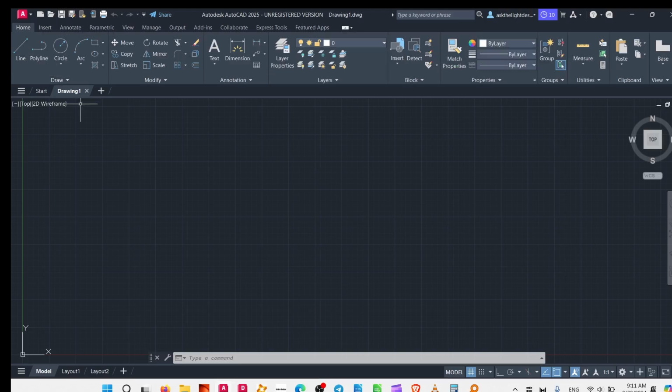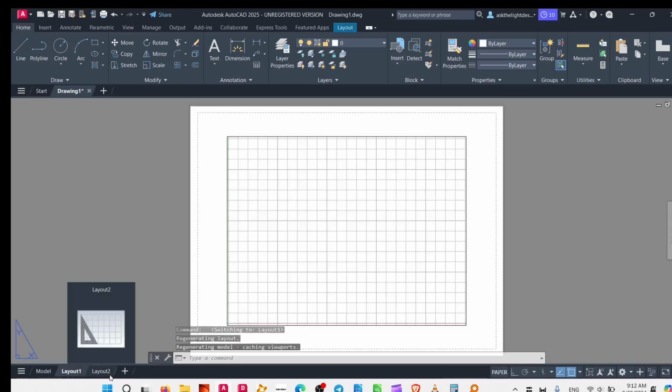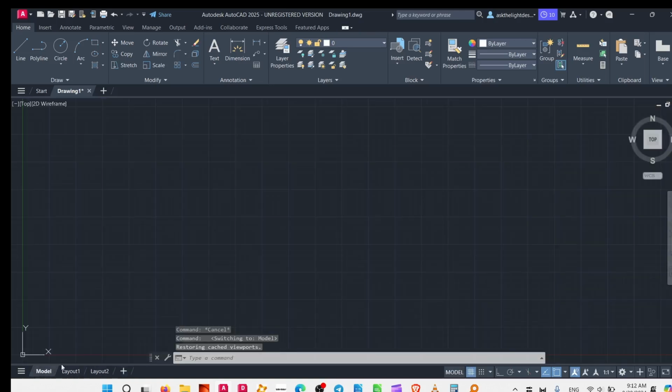So we'll start at home and we'll go through most of it that will be utilized on a daily basis. At the bottom, you'll see there are different layouts, Layout 1, Layout 2, to create your final layout for printing. You can add more, and also you have over here different